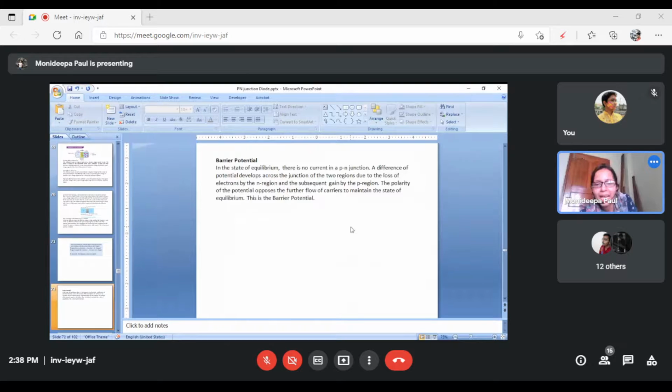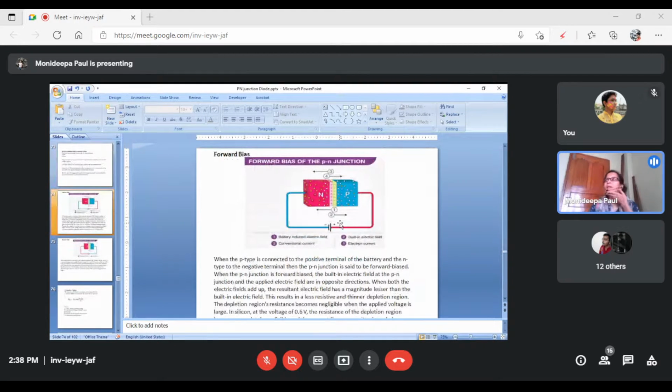Okay. Then this is the forward bias. First we discuss the forward bias. In forward bias, we always connect the P side to the positive terminal of the external voltage and the N type to the negative terminal of the external voltage. The P-type semiconducting material side is connected to the positive, and N is connected to the negative. N for negative connected to the negative supply, P for positive connected to the positive supply in the forward bias condition.